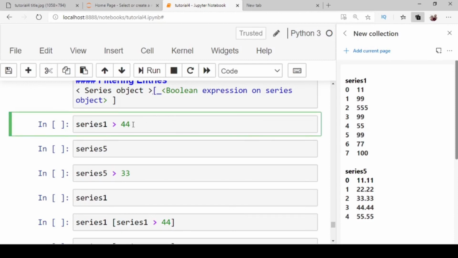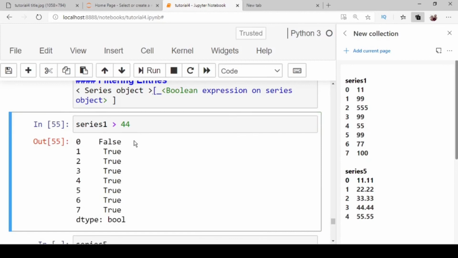Press Ctrl plus Enter. You can see this statement returns Boolean values. The structure of series 1 is depicted here. At index number 0, the value is 11.